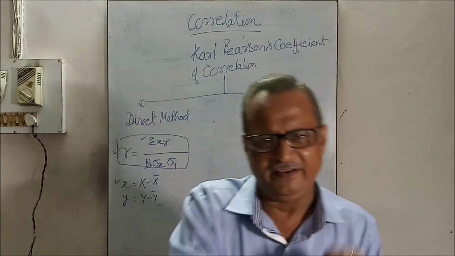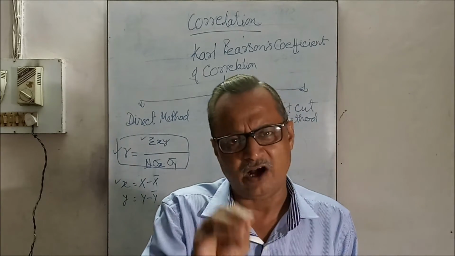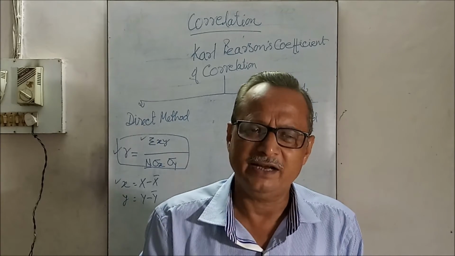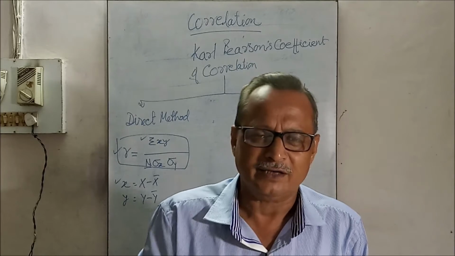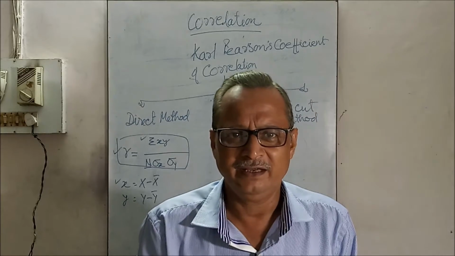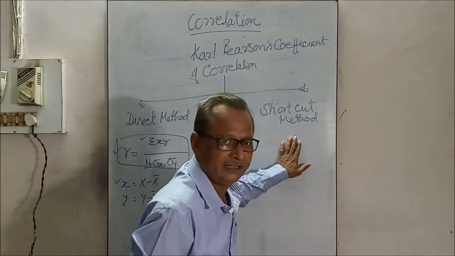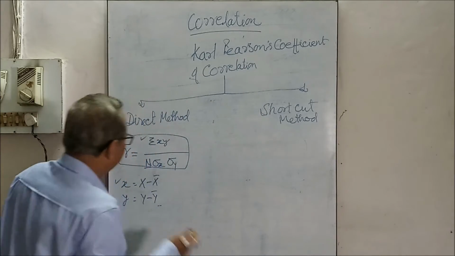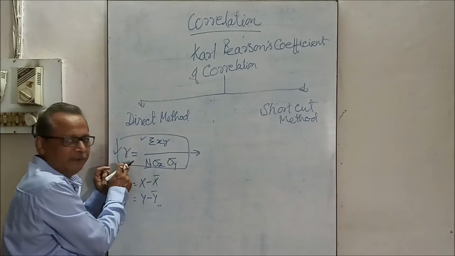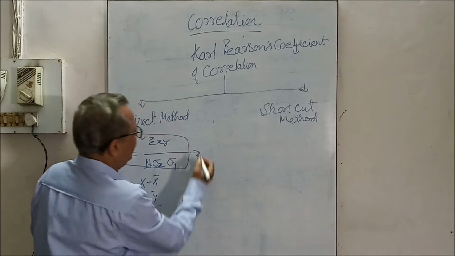This is the simple way. But in cases where the items are in odd or even figures, or the items are given in fractions, that is in decimals, converting to squares is very tedious and time consuming, so we have to use the shortcut method. I will explain the shortcut method. Now this function we have to do. Then this particular method of correlation is modified.